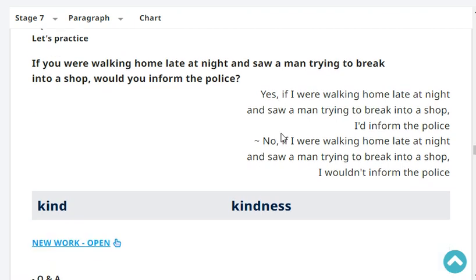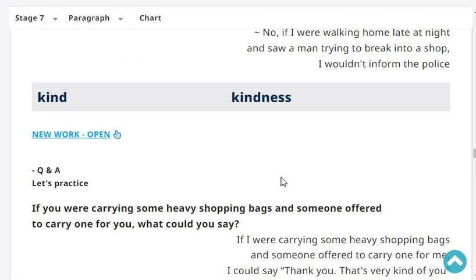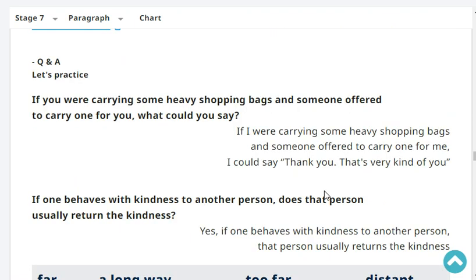If you were walking home late at night and saw a man trying to break into a shop, would you inform the police? Yes or no? Yes, if I were walking home late at night and I saw a man trying to break into a shop, I'd inform the police. Very good. If you are carrying some heavy shopping bags and someone offered to carry one for you,